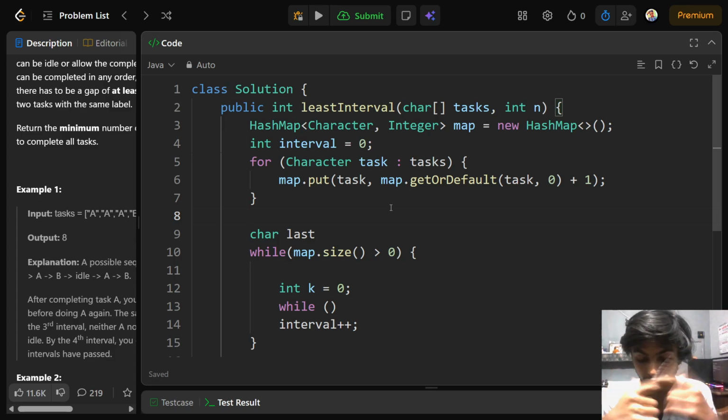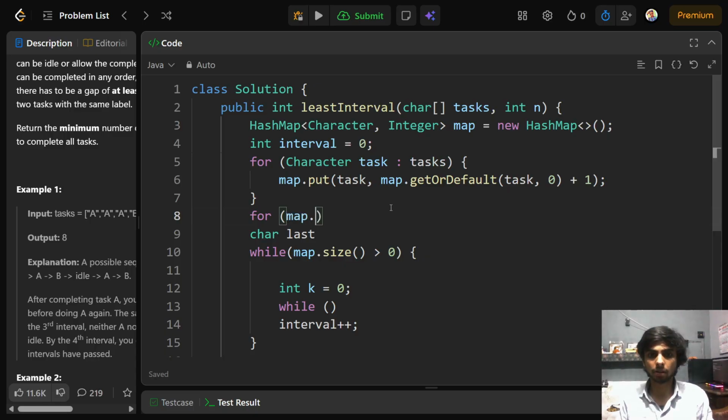For character in map.get keys, or keys only, I don't know. Or task.get keys,